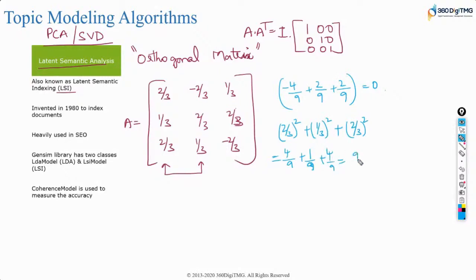When you add these, you get 9 by 9, and you get 1. Take any column, square it and add it, you get 1. So that means you will have unit vector. And the sum product of any two columns will be equal to 0. If you have these two properties, it is called an orthogonal matrix.